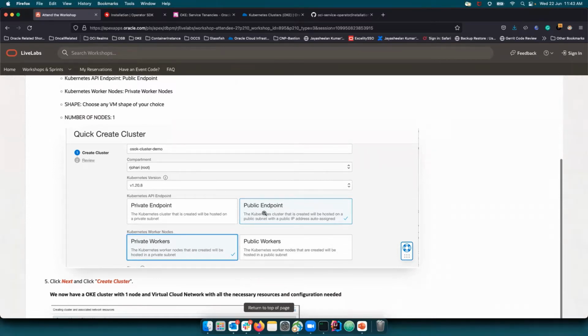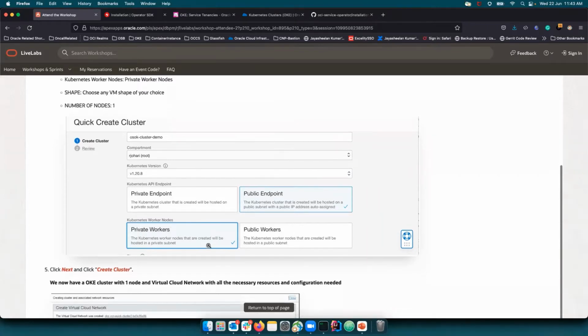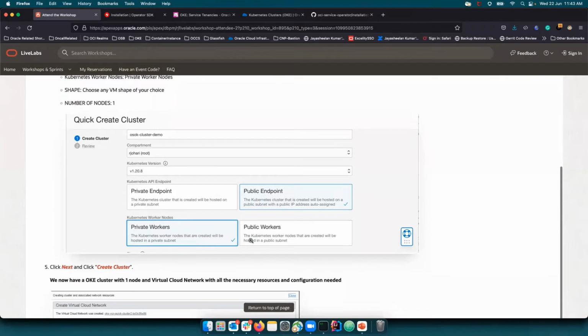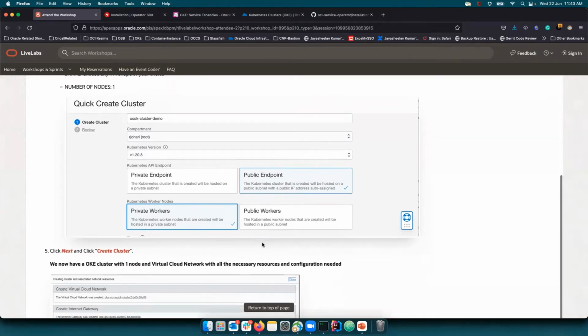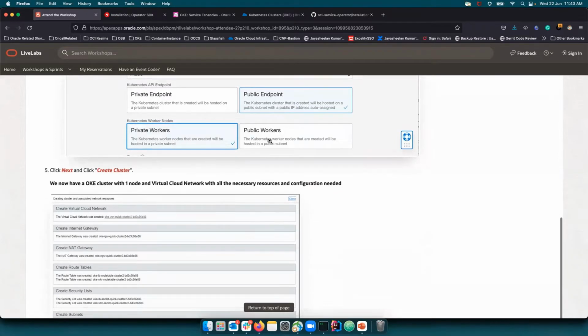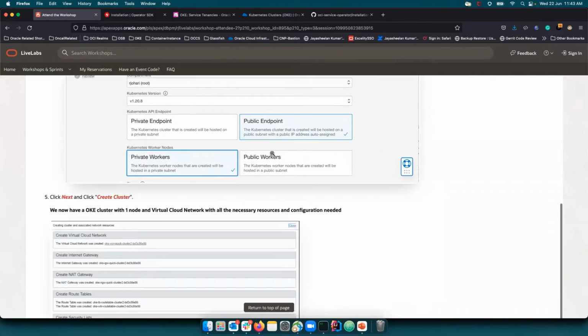So you can choose a public endpoint, or you can choose between private workers and public workers. That's a choice which you would want to make. If you choose public workers, you will have external IP addresses associated with it, which you can use to SSH. And then there are advanced options where you can give your SSH key, and then you can click on next